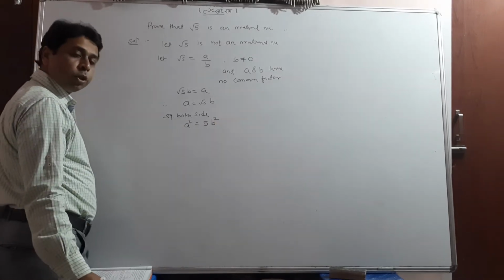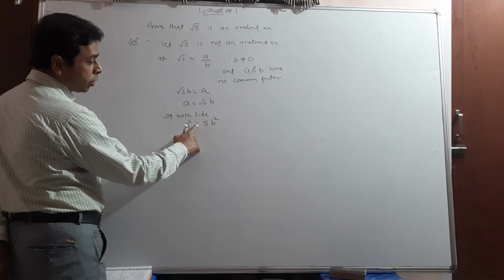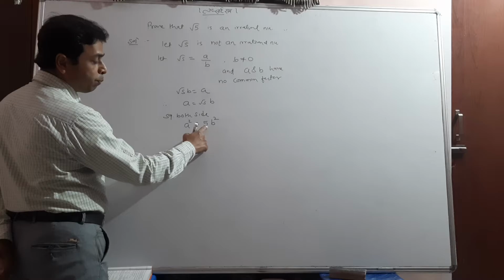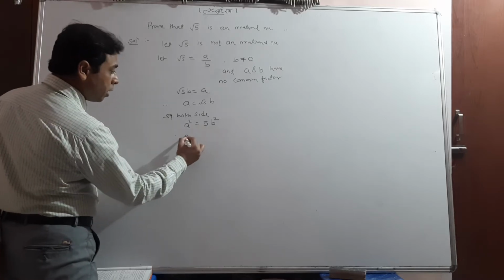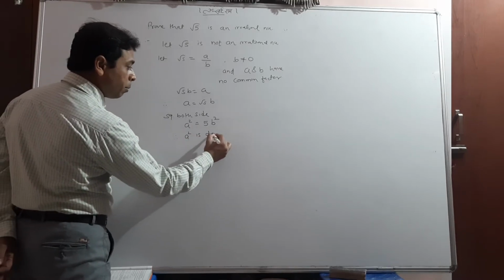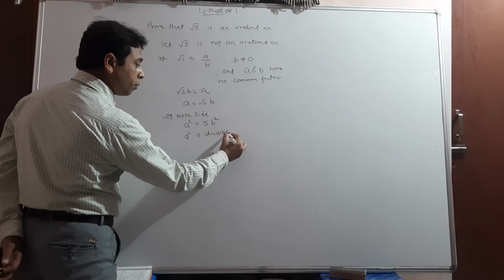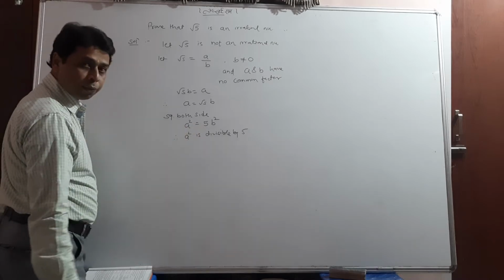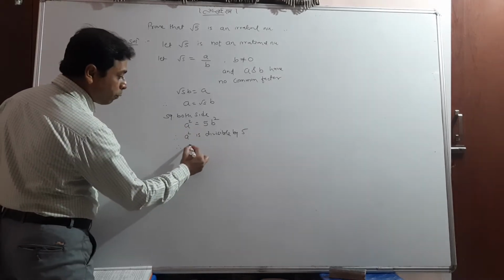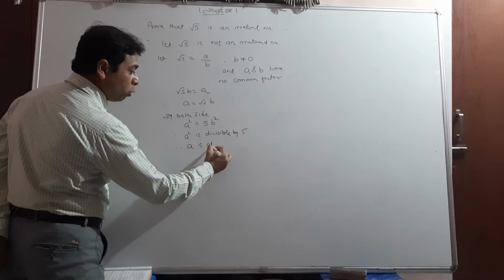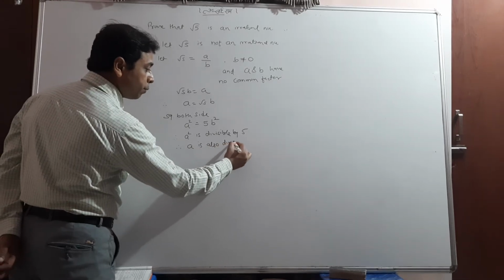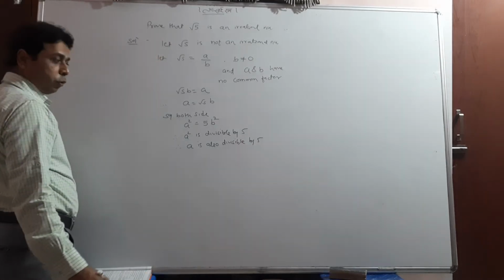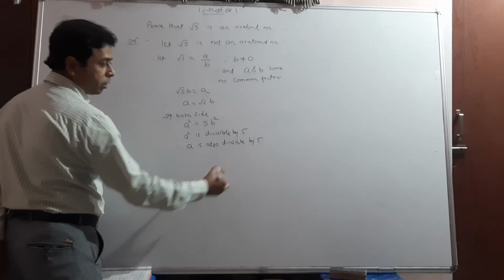And students, you remember that this condition I told, whenever a square equal to comes with any coefficient, it means a square is divisible by 5. a square is divisible by 5. When a square is divisible by 5, a is also divisible by 5. Yesterday I explained well, you remember? And this is one of the important sentences.